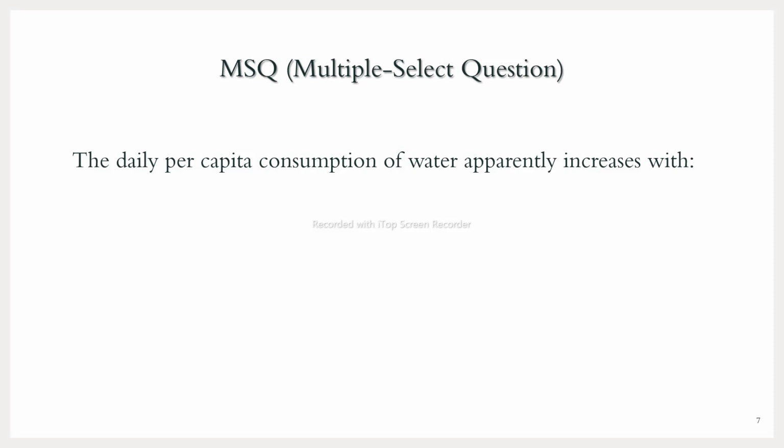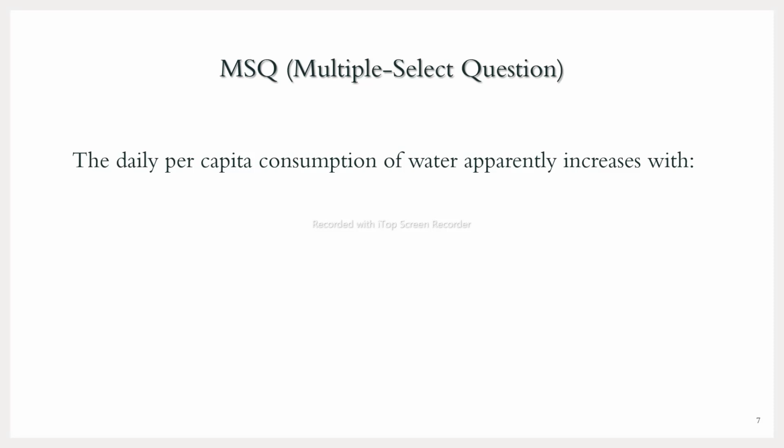Some of you, I believe, are BTech students. They are preparing for GATE exams, and for the last 4 or 5 years, GATE has been asking multiple select questions. MCQs are where the choices are multiple, but the answer is one. But in MSQs, the correct options may or may not be multiple. So let's have such a question.